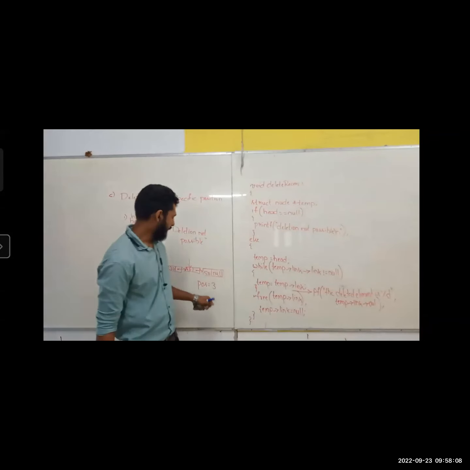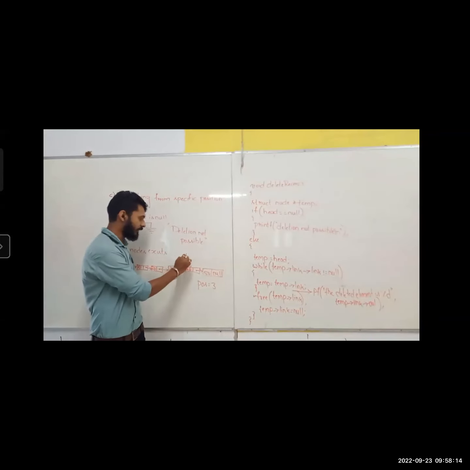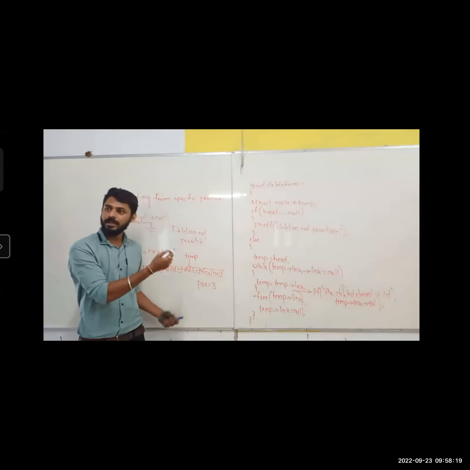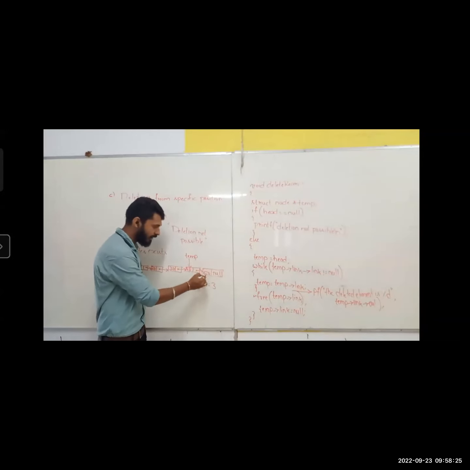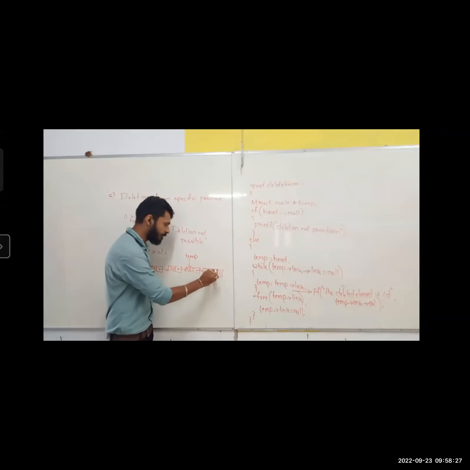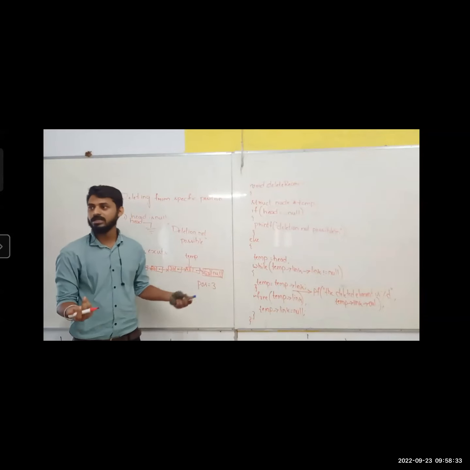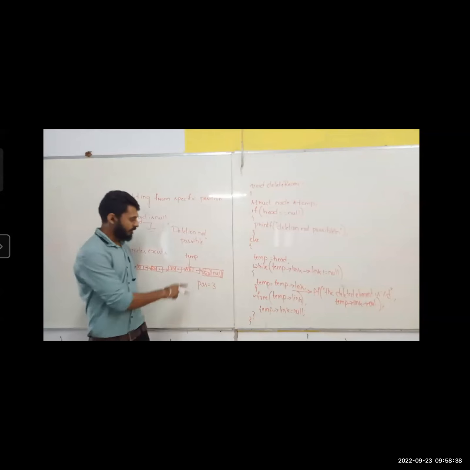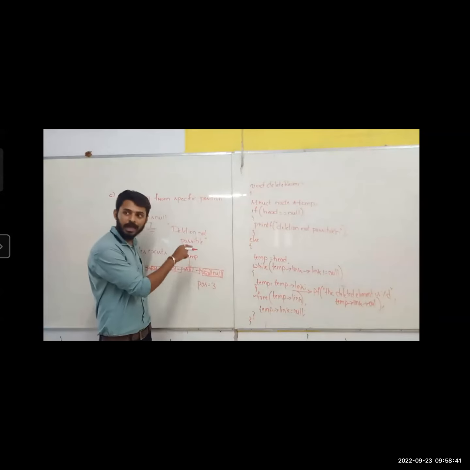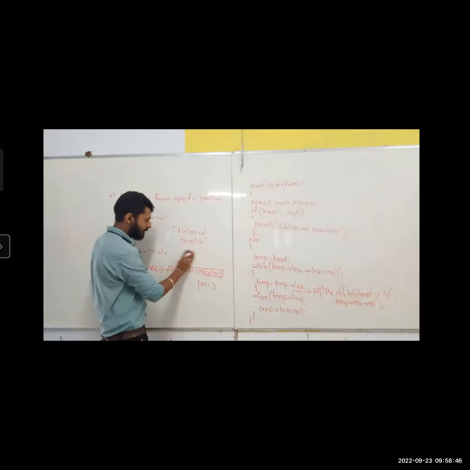Got it? Temp was pointing to here. I want to print this one. Temp was pointing to here only, right? Wherever temp is pointing, its link you check. If you say, sir, temp's link only I should print. Normally think, where is temp's link pointing? Is it pointing to only this value? No, right? It is pointing to this complete node. When you say temp's link, you print, it will try to print that node itself, and it will print one address. You want that address? Wherever temp's link is pointing, in that also, there is one value. Print that value. Clear?